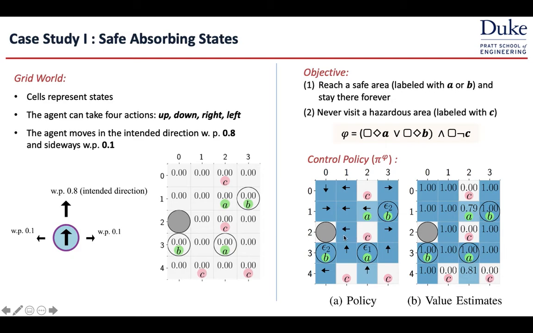So that's why it tries to escape from that state. So here's a similar situation, and a similar situation here as well. And interestingly, the best policy here actually relies on noise to do the job. However, it's a safe policy and it satisfies the objective. And these are the estimated satisfaction probabilities.